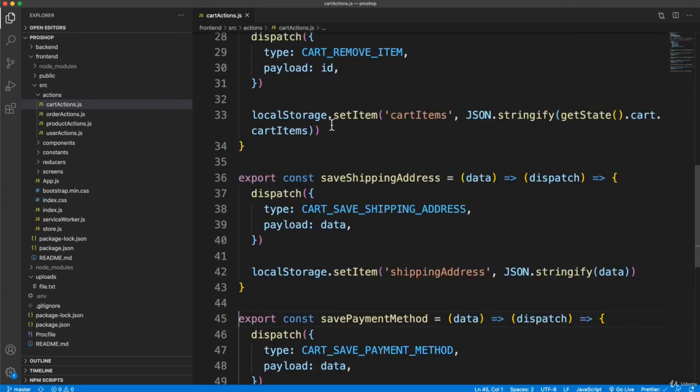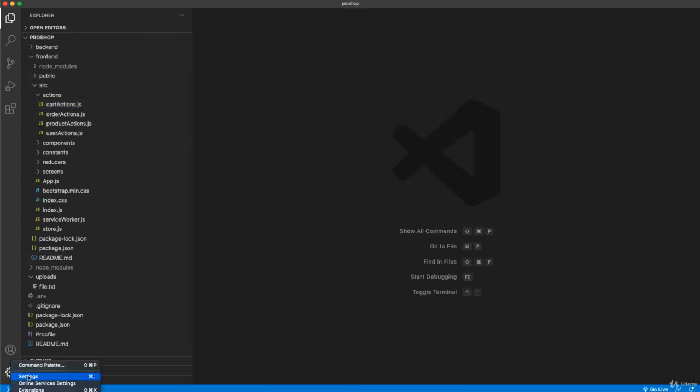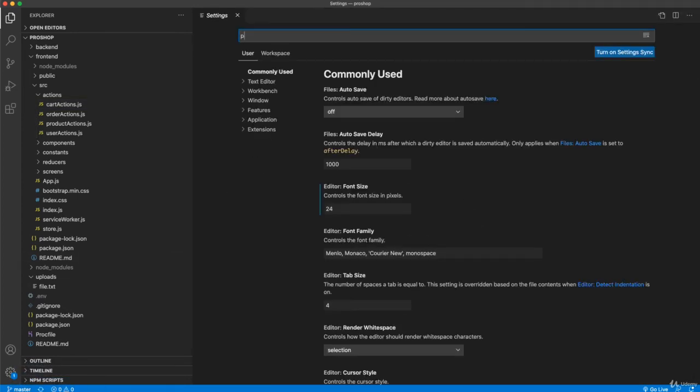Also, I'm not using semicolons, so if I have a semicolon and I save, it just gets rid of it. If I have double quotes, so if I choose to use double quotes here and save, it automatically changes it to single. And where I have that configured is in settings, and then if we search for Prettier,